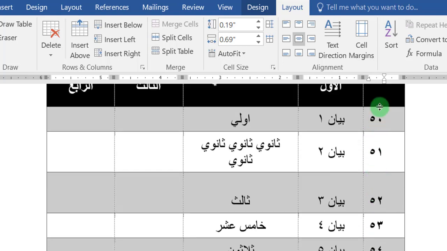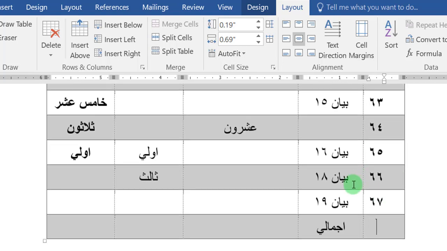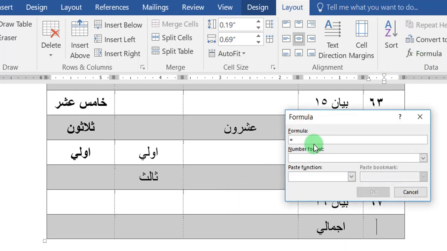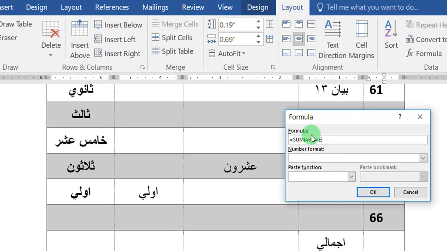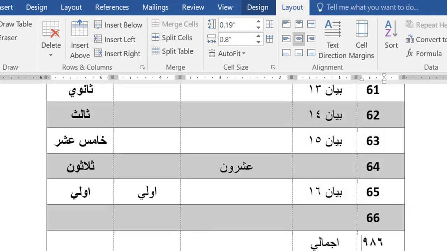Here, if you want to create a total for these numbers at the end of the column, place the cursor in the cell, then click Formula. Write the equation here, like sum, above, then click OK, and it will sum all the numbers in that cell.